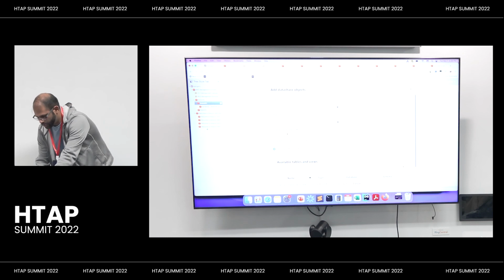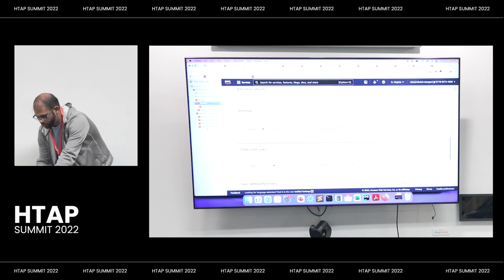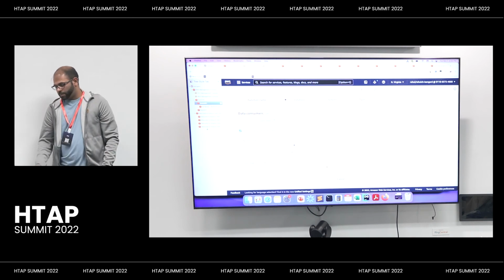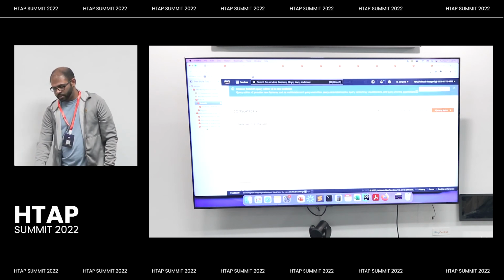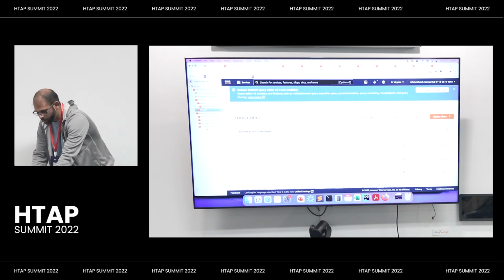I'm going to choose tables and views and add specific objects, and I have created this view right now. I'm just going to add this view and share it with our consumer cluster. I'm going to select the consumer cluster from this drop down and create the data share, and that completes most of the process. We just need to go to the consumer and create a database out of this data share in order to start querying it. So when I go to my consumer cluster,